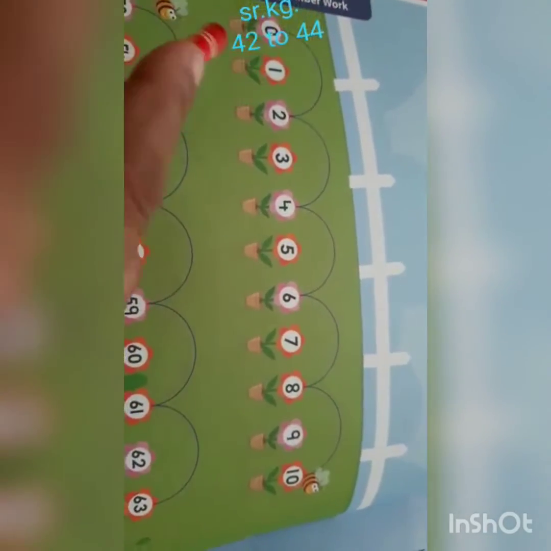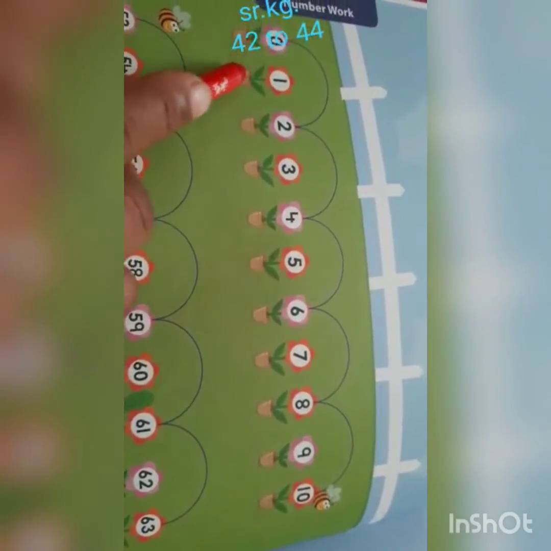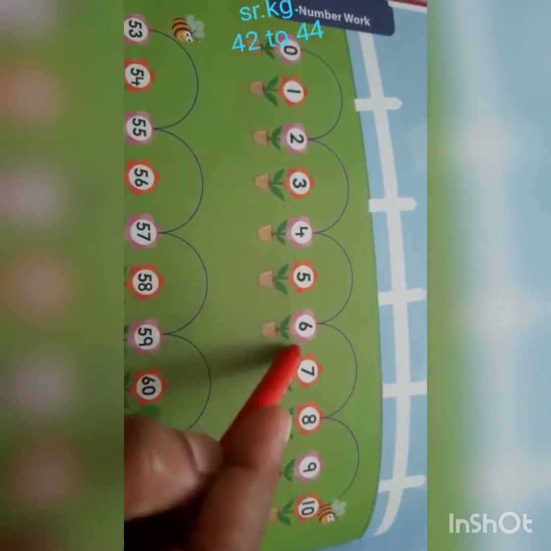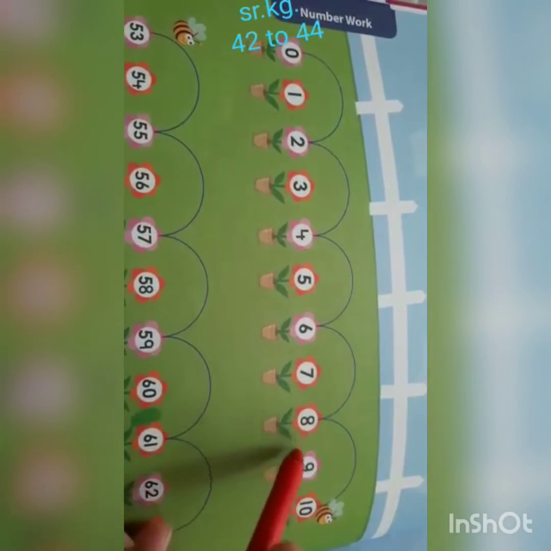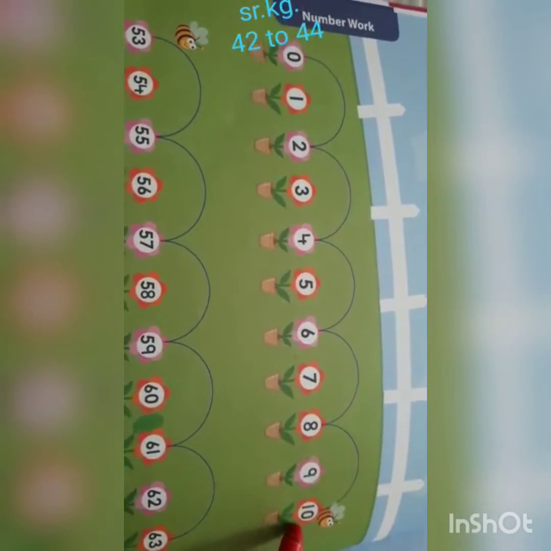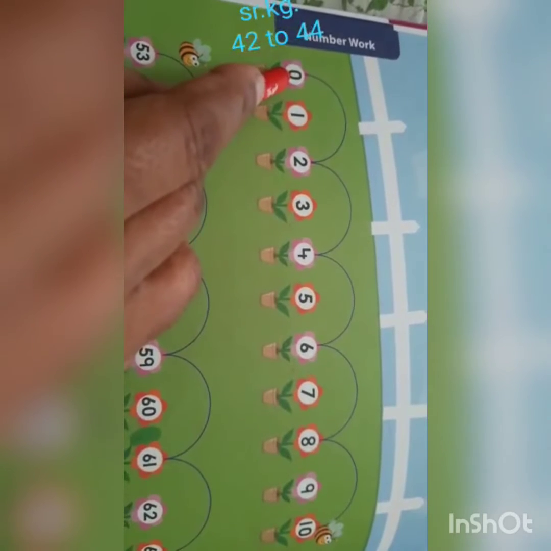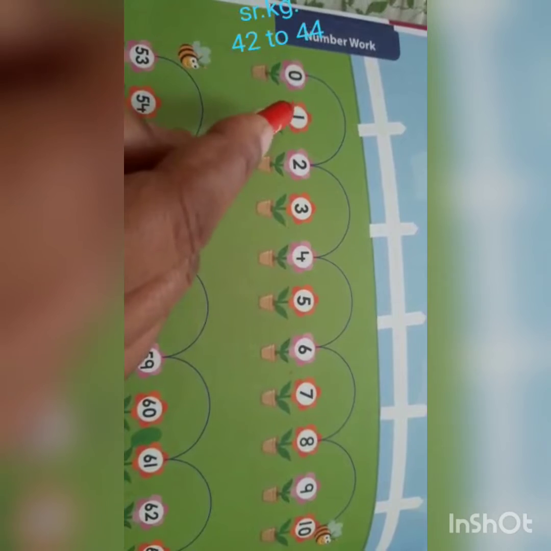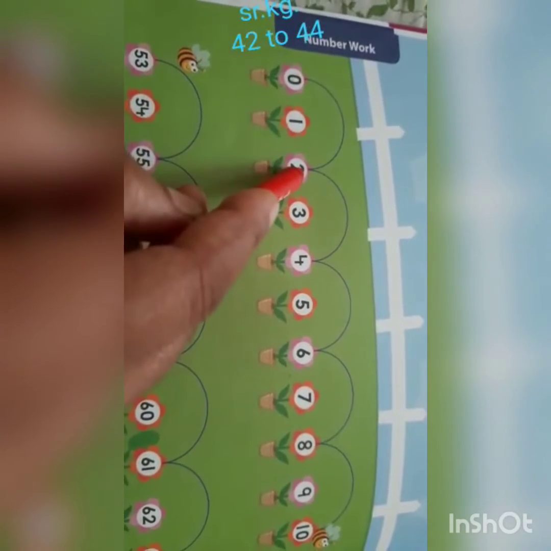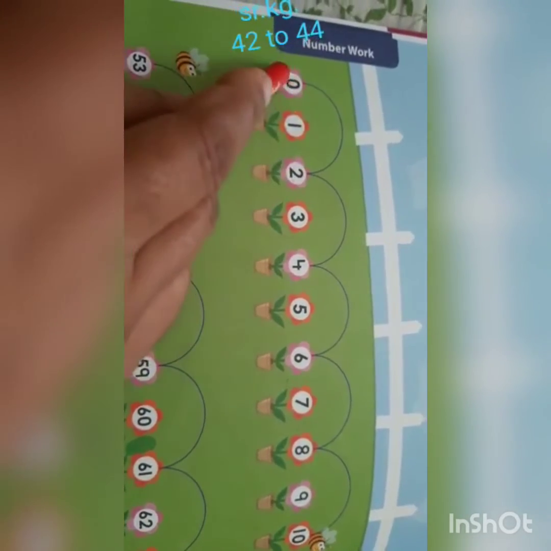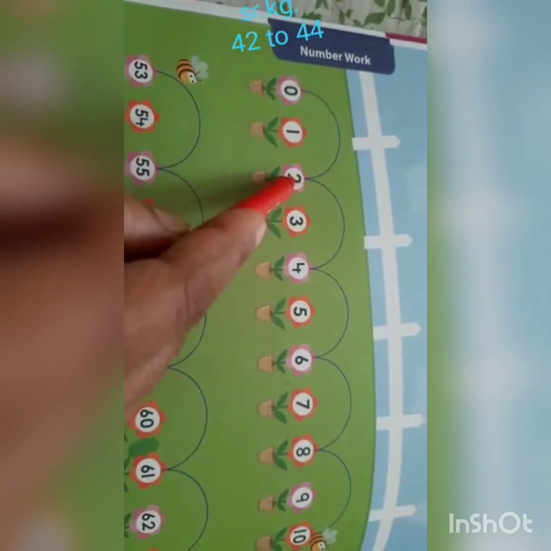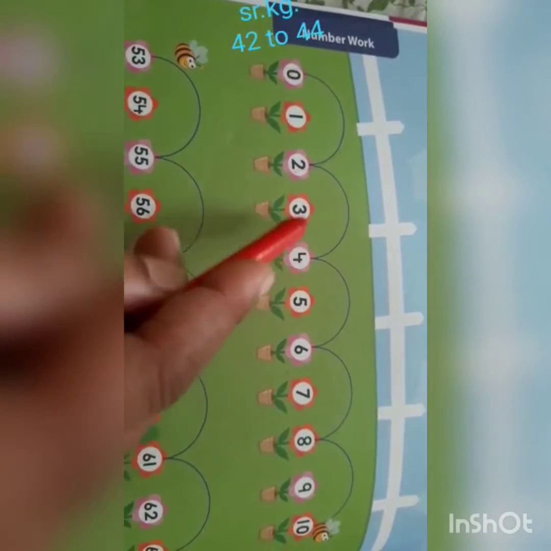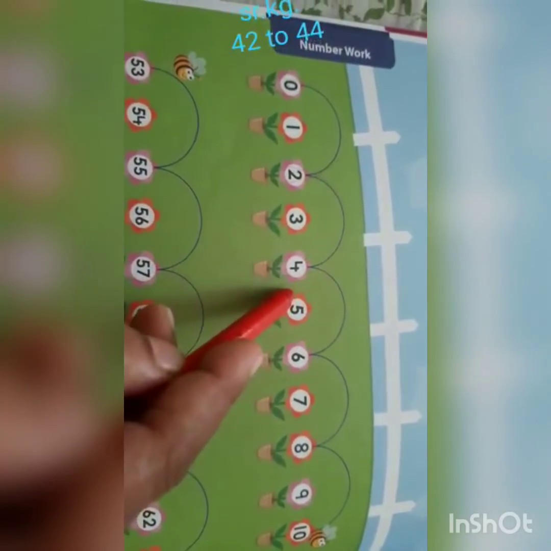Here you will see the numbers 0, 1, 2, 3, 4, 5, 6, 7, 8, 9, 10. Right? Now here from 0, if we are skipping by two numbers, from 0 we will count two numbers, 1, 2. So this is 2. So from 0 to 2. Then again we will count two numbers, 1, 2, means this 4. Again from 2 to 4.